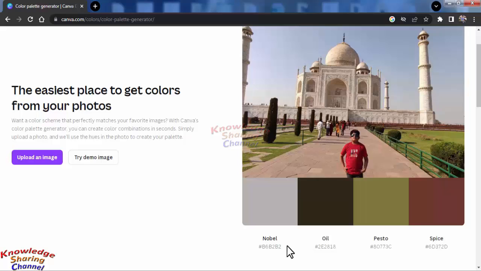You can use the color code also. You can simply copy it by selecting, or you can copy it from here also. To copy the color code of this color, you need to do the same. So like this you can very easily make a color palette from an uploaded image, or you can use